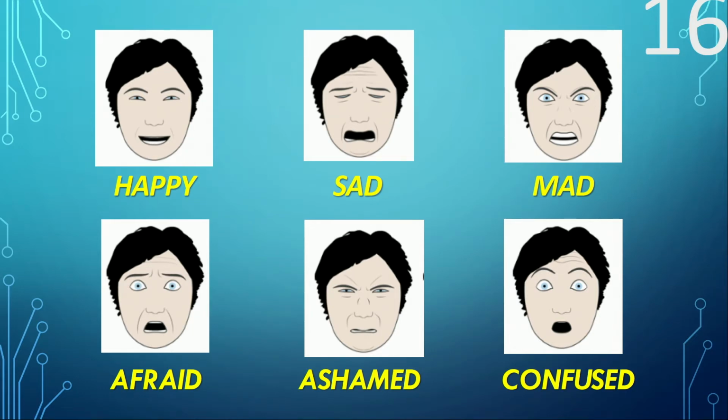A good way to study this, if you have children or can observe children, look at these. Happy, sad, mad, afraid, ashamed, confused. Think of the energy. Happy, energy comes out. Sad, energy comes in. Mad, energy comes out. Afraid, energy comes in. Ashamed, energy comes in. Confused, energy comes in. Children do not have a fully developed brain. They do not have fully developed emotional control or experience. And they may be acting out and act mad, but they're not mad. They're simply overwhelmed. They may be sad, afraid, ashamed, and confused. In. It's too much. Something has to get out. And they have a meltdown.